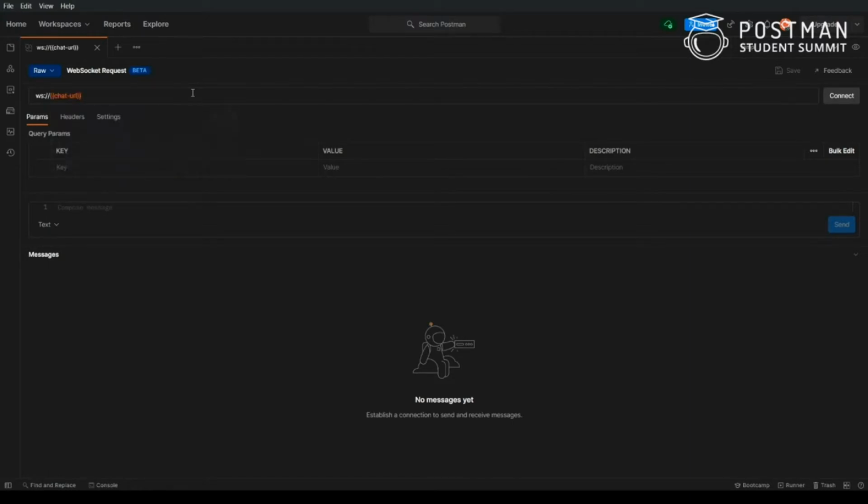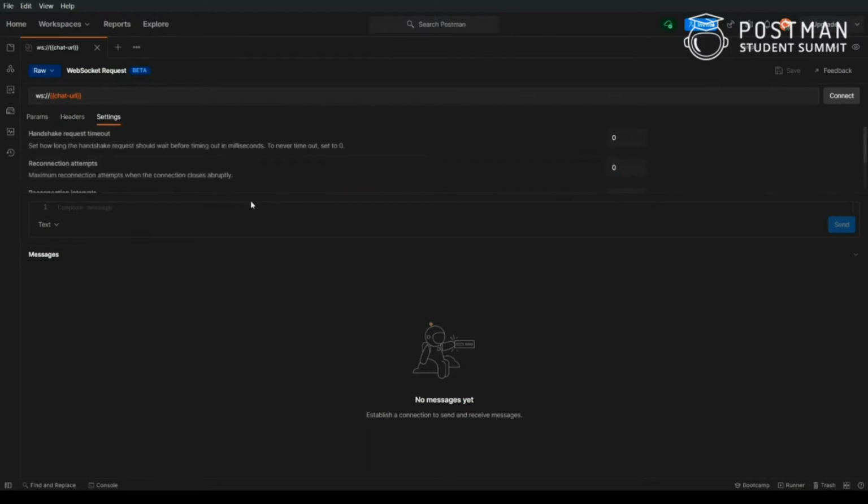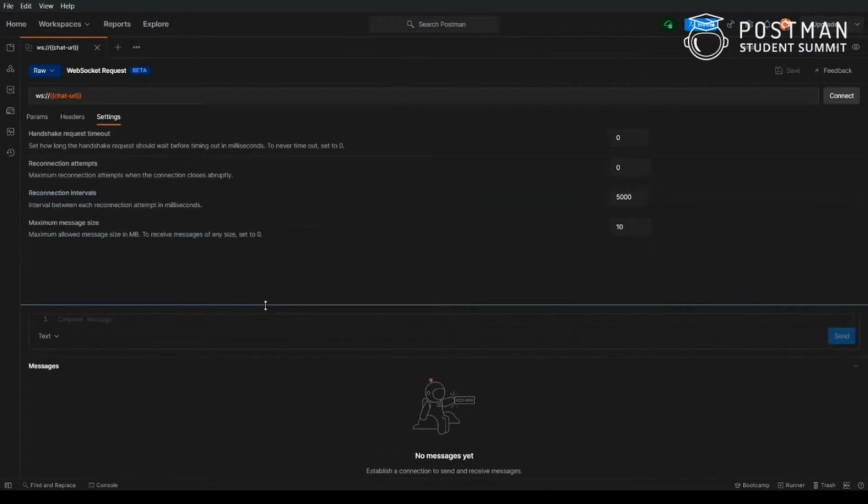Postman has a feature of adding parameters. So if you have some query parameters to your URL, you can add those parameters here. You can also add headers, and then you have settings here. In settings, we have the handshake request timer.